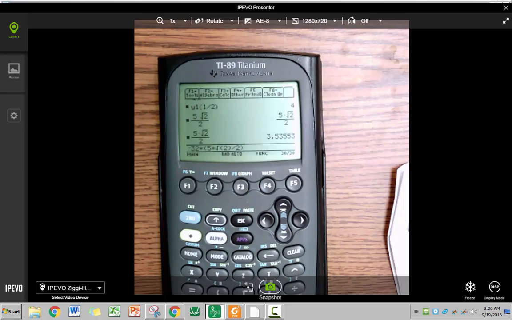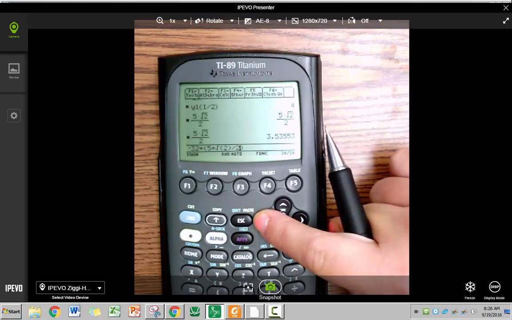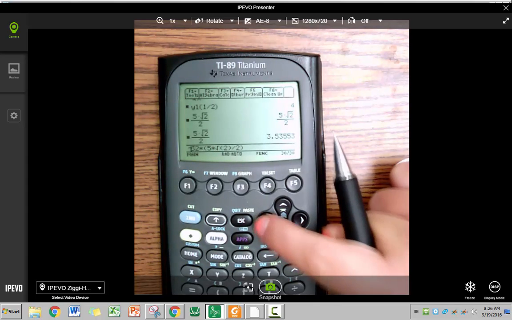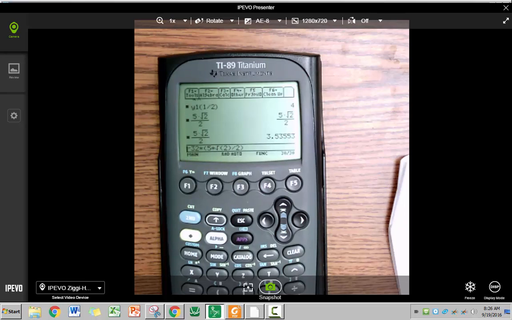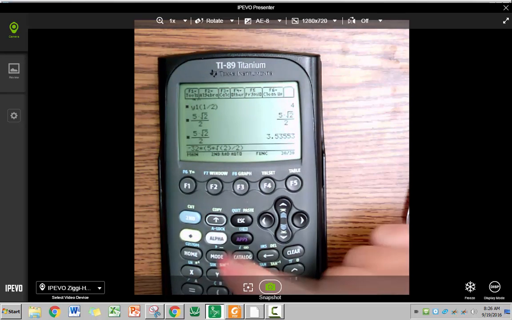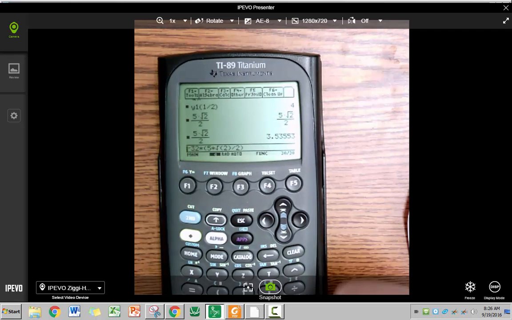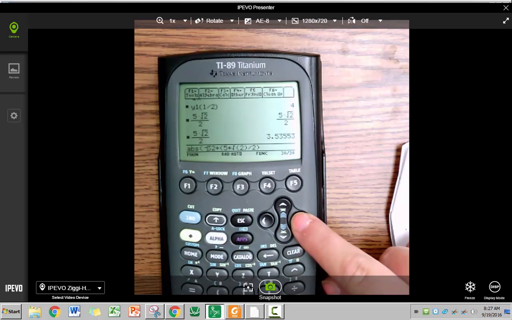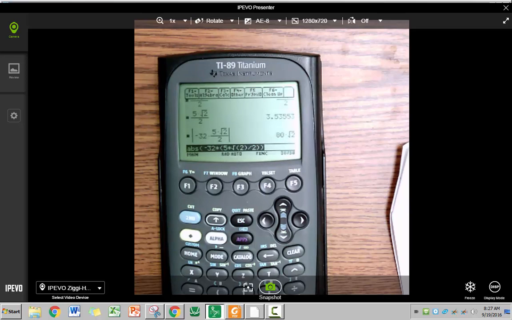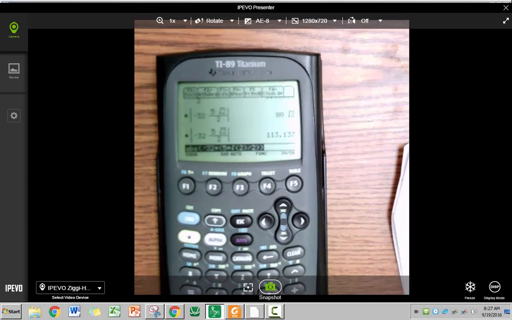Now, let's say I wanted to find the absolute value of that. Can you go all the way to the beginning of that statement? All right, and then go second, alpha lock. Do you see that? Yes. And then type ABS, which is over, and then alpha again. Nope, go back. I'm sorry, then hit alpha and then parentheses. There we go, and then enter. And that gives me 80 root 2. And then now do the diamond, and we'll get the,